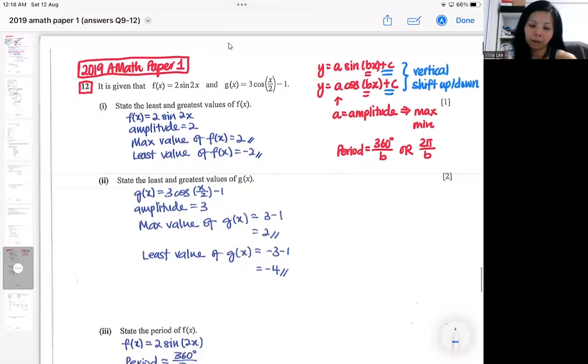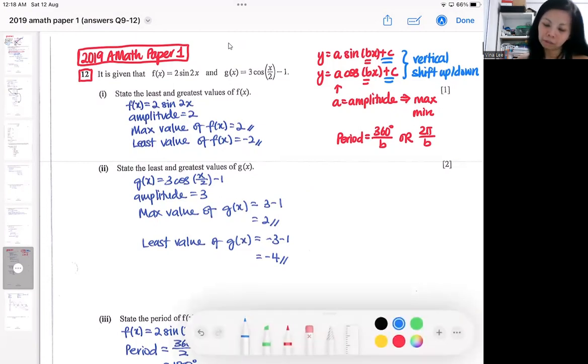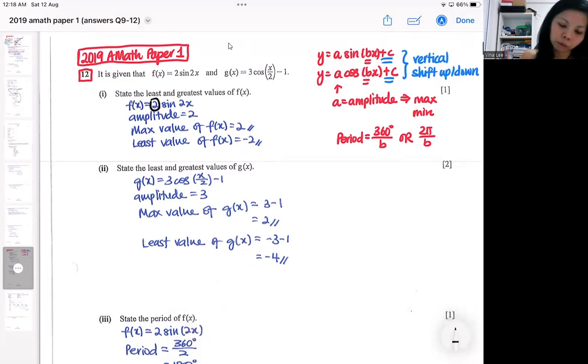Then let's try to apply it on the two graphs. For part one, you are asked to find the least and the greatest value of f(x), which is the same idea, the maximum and minimum. So the maximum and minimum rely on the value of A. If you look carefully, A is 2, the amplitude is 2, the highest and the lowest will be 2